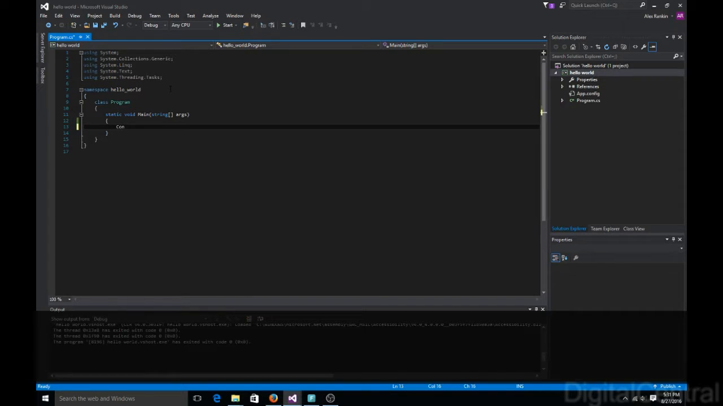Now you need to type in Console dot Write, or is it... Yeah, WriteLine. WriteLine will make a new line every time. Write won't create a new line. And then inside of this, you're going to want